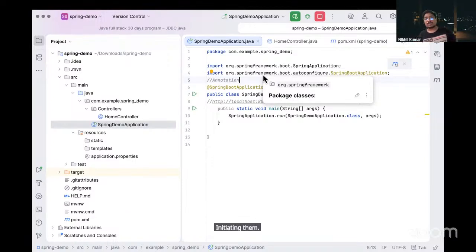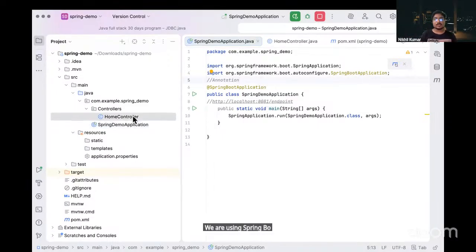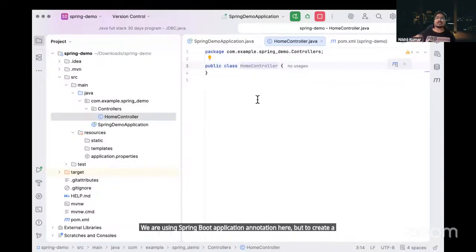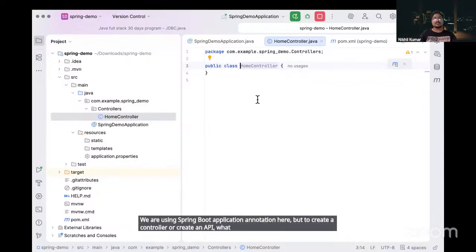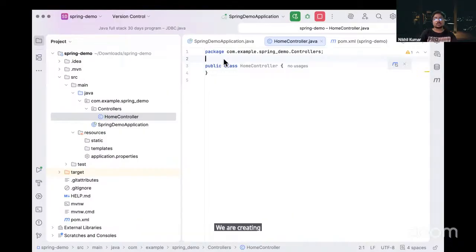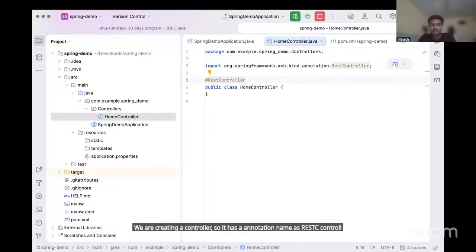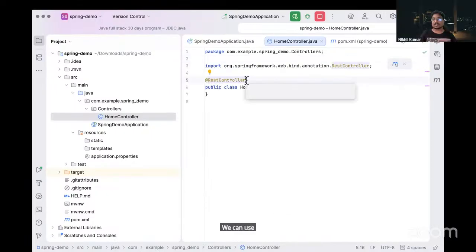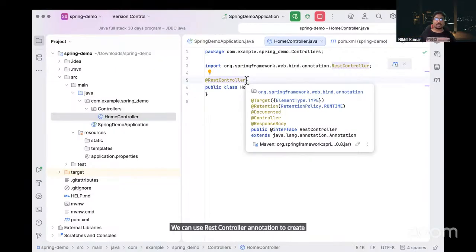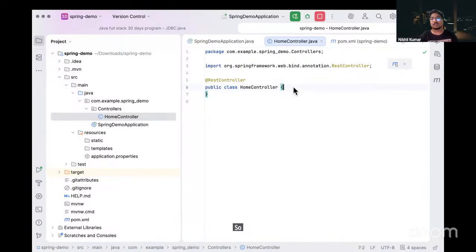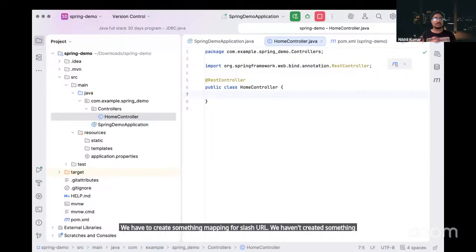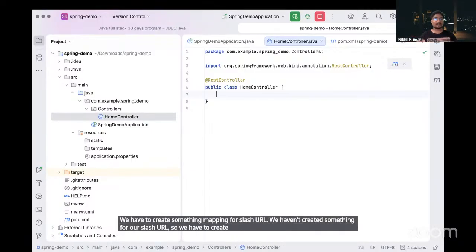We are using the Spring Boot application annotation here. But to create a controller or an API, what do we need? We are creating a controller here, so it has an annotation named REST controller. We can use the REST controller annotation to create any controller. We have to create a mapping for our slash URL, since we haven't created anything for it.